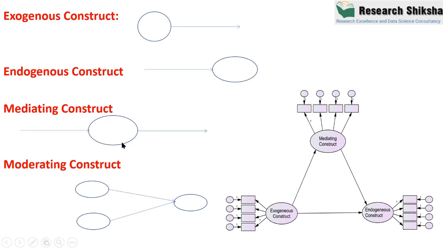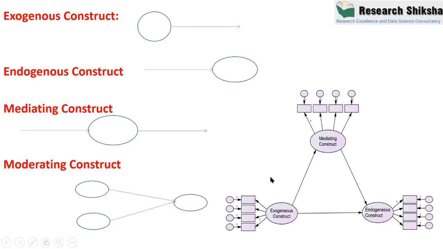Similarly, some constructs are possible where an arrow joins and an arrow also emerges. You can see that the tip of the arrow joins this construct and this arrow emerges from this construct. So this construct comes between 2 different constructs. This construct is known as mediating construct, and mediating construct will always be part of the model. Similarly, we can also have the moderating construct. Sometimes we use this construct as a moderating construct. I will discuss mediation and moderation on the last day, where I will explain how we can add a moderating construct.